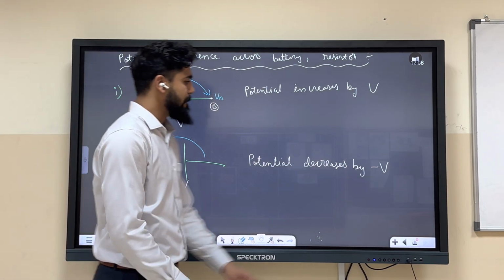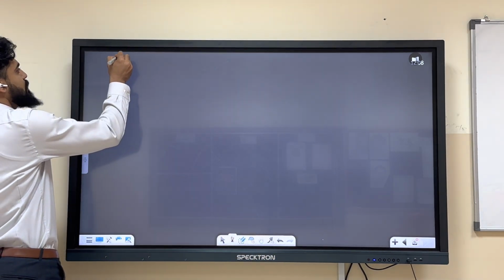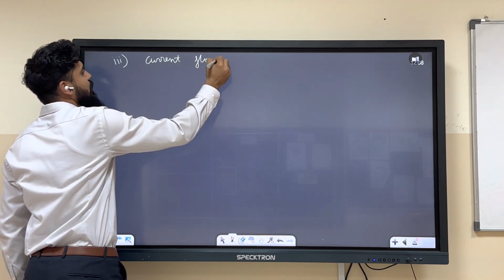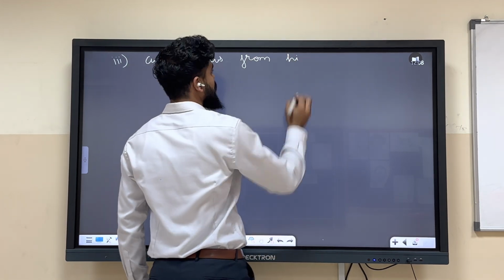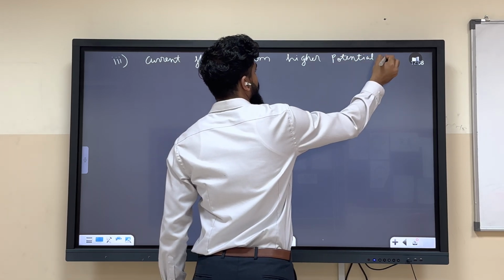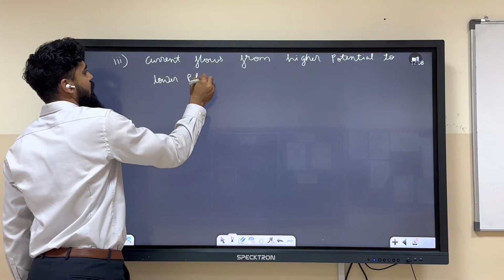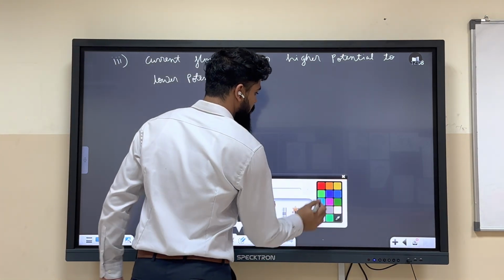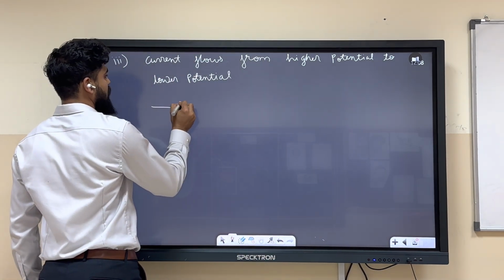Now, third thing, very important thing, current flows from higher potential to lower potential. Okay? So it means what? Over here,